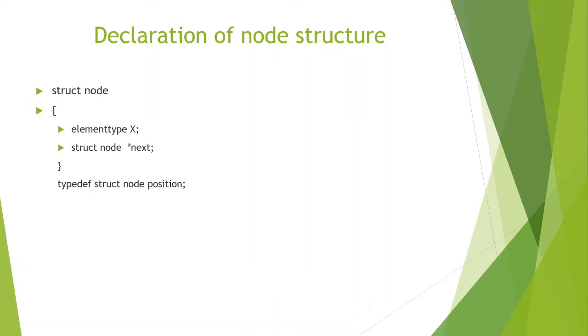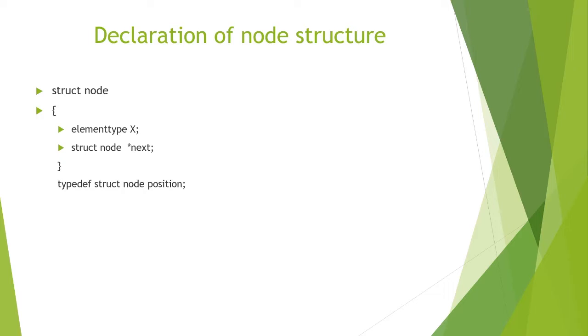To use the linked list, first we should declare the structure of the node, because a linked list usually contains a set of nodes. So here we will see how it is declared. The structure node contains two data members. First one is data. It can be of any type like integer, float or anything. Next member is a pointer to next node. So it is struct node *next. Next is a pointer to another node of same structure type. So this node structure is called a self-referential structure.